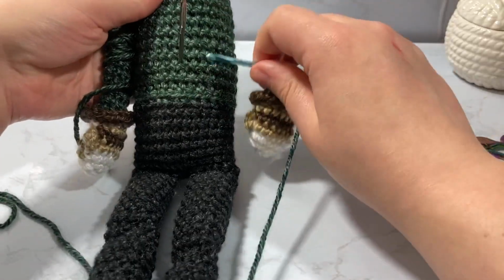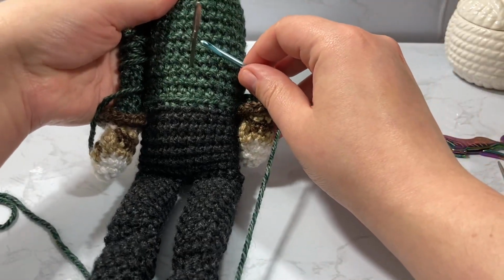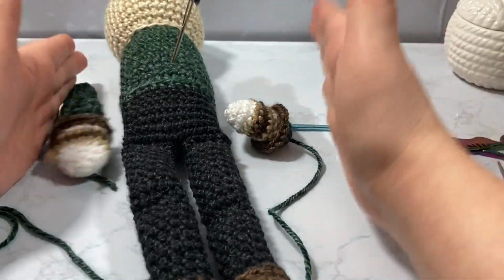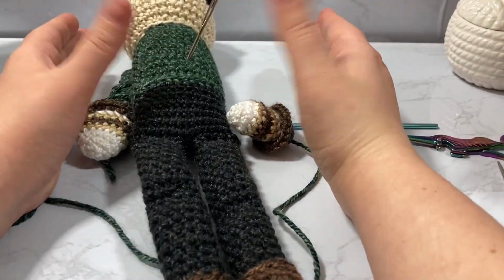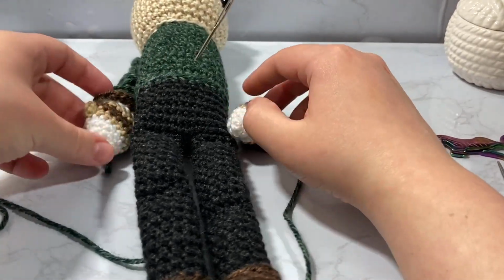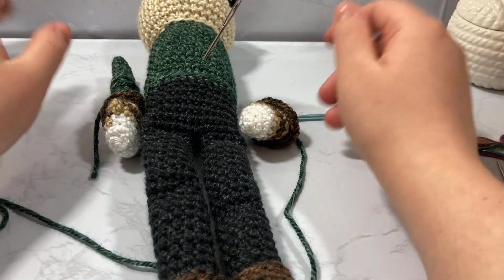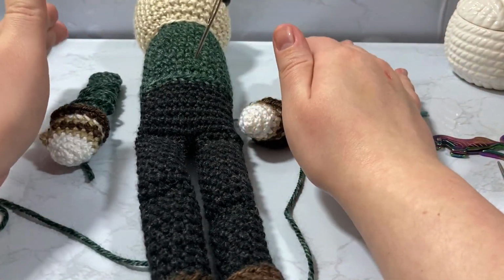A big thing that I do whenever I have my arms here is I like to make sure that my thumbs are facing forward, because when you have your hands going outward, your thumbs are facing up. So I try to have the thumbs facing up and have both of them facing forward, because that's how thumbs work. So I'll be back as soon as that is all done and all attached,